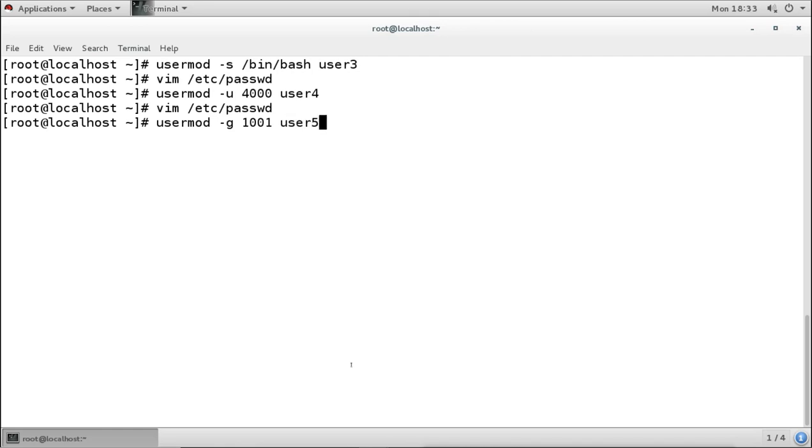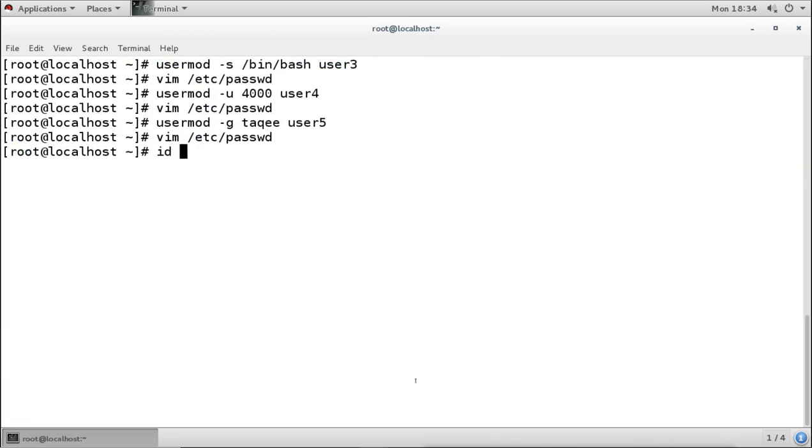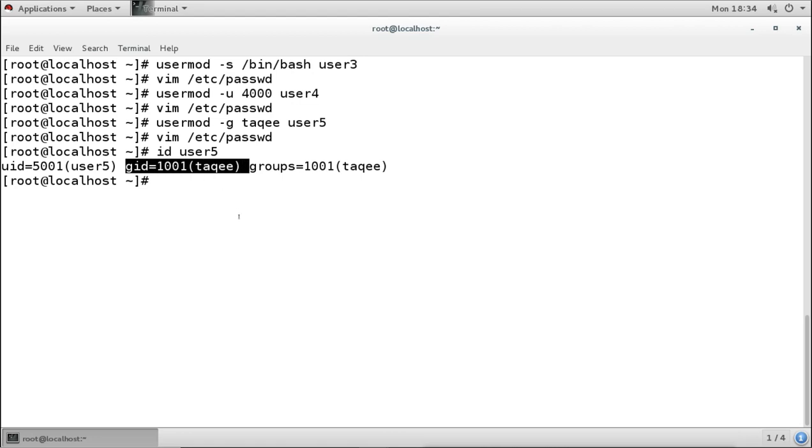Now I told you that instead of the GID, you can use the group name directly also. So I will use the group name here instead of the GID. Then when you check, you can see it is now having 1001, and that is this user's primary group. And we can verify by using the id command. We can see this is the primary group of this user now. So these are some advanced configuration we have seen. There are some more advanced configuration we will see in the next lecture.